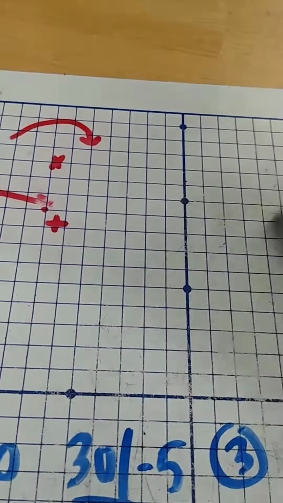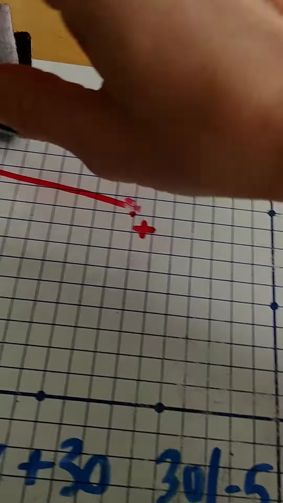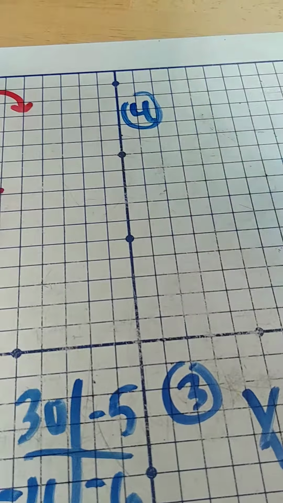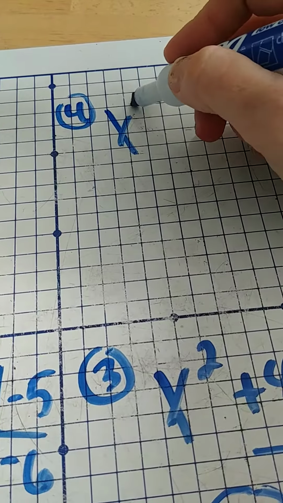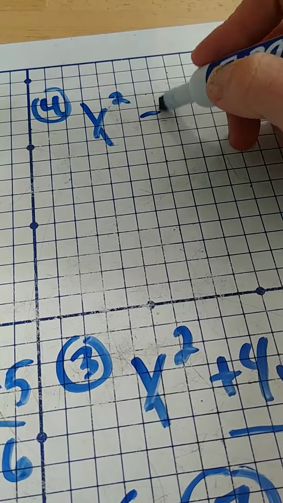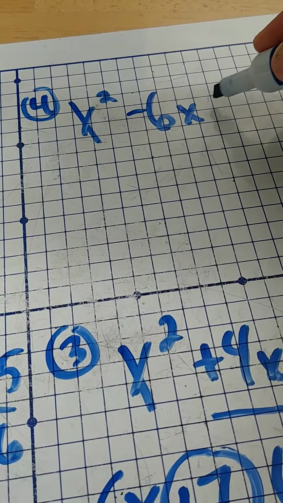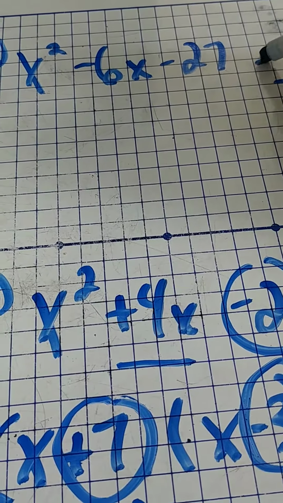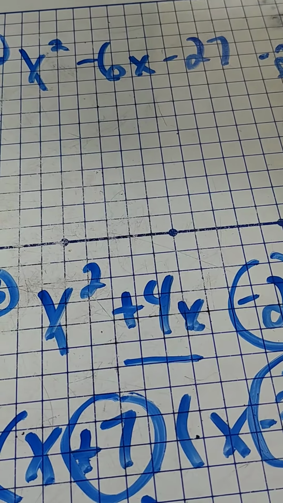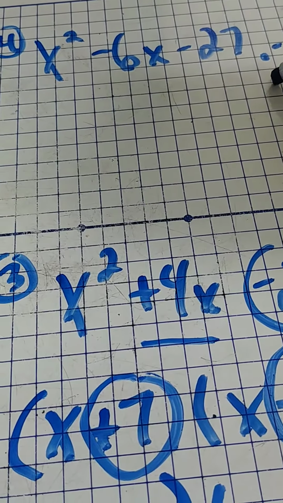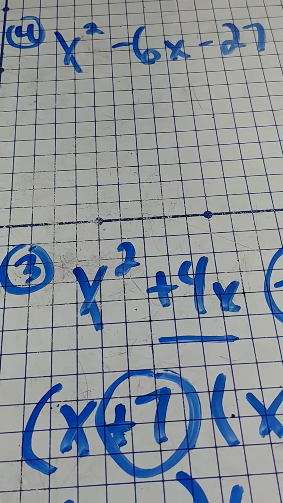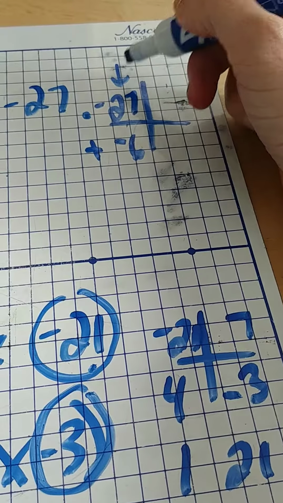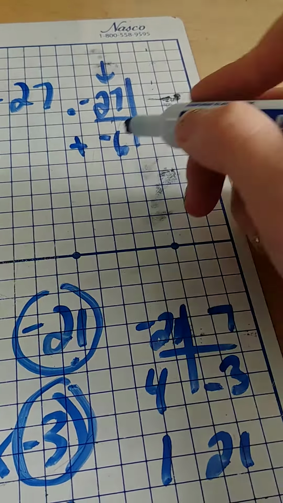All right, our last problem is number 4. And this one is x squared minus 6x minus 27. So I'm going to do negative 27 because I know it has to multiply to be that, and I know it needs to add to negative 6. So the first thing I want to do, if this is negative, I know I need to have one negative in my answer. So I'm looking at